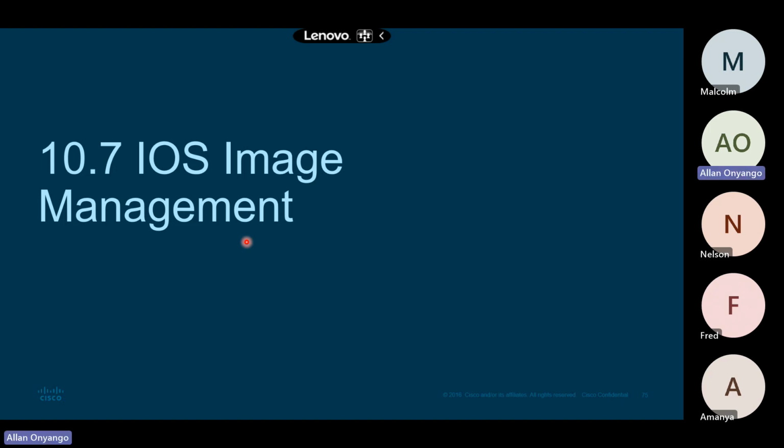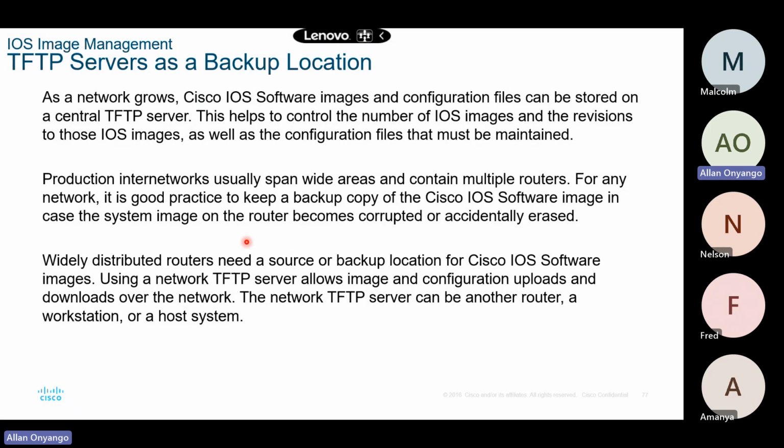I want us to talk about the last thing. We have talked about how to manage the startup configuration file, the running configuration file, and how to manage the passwords. Let us now check IOS management. How can we back up our operating system so that when your router or switch crashes, you still have some backup? Now, we realize as a network grows, the Cisco operating system image and the configuration